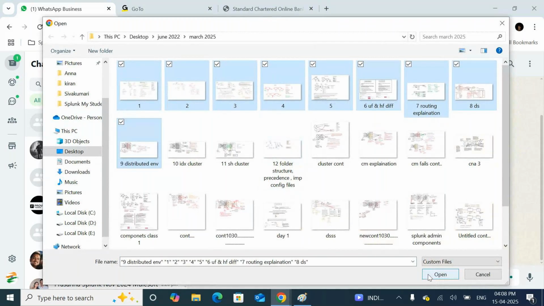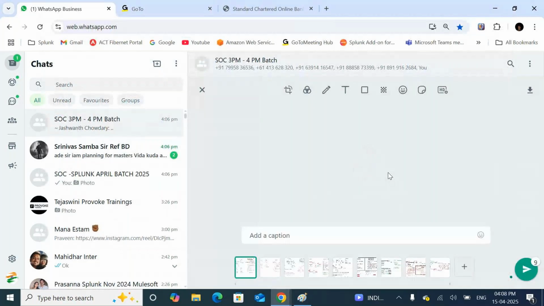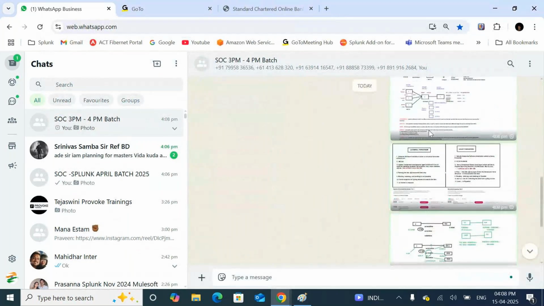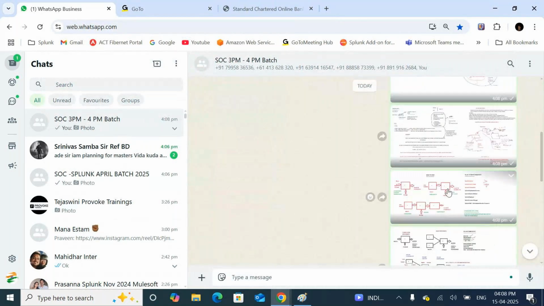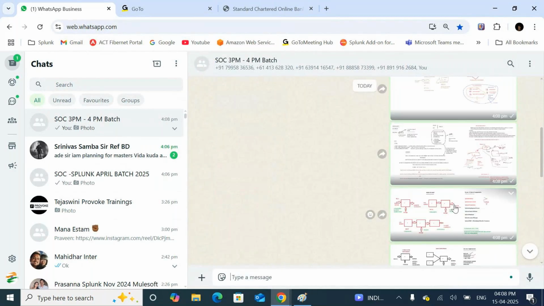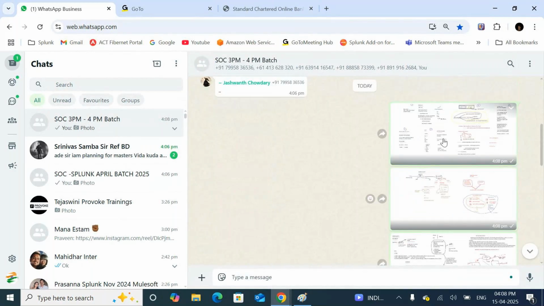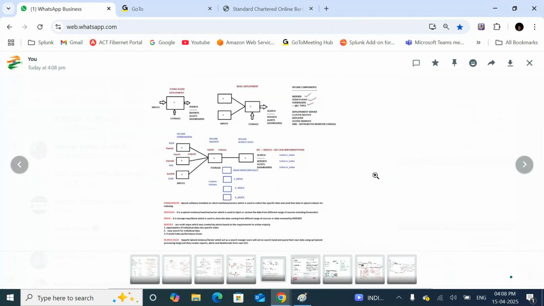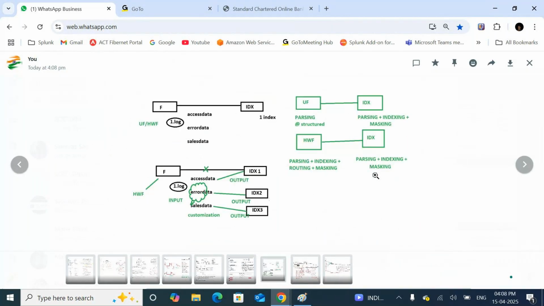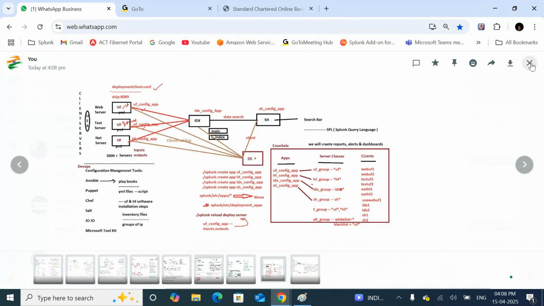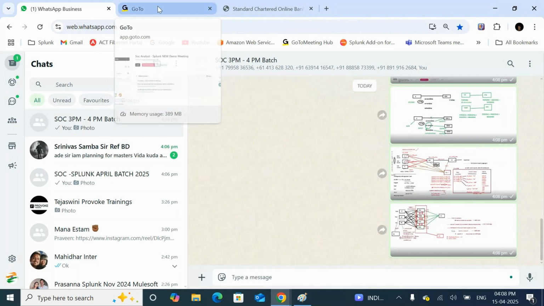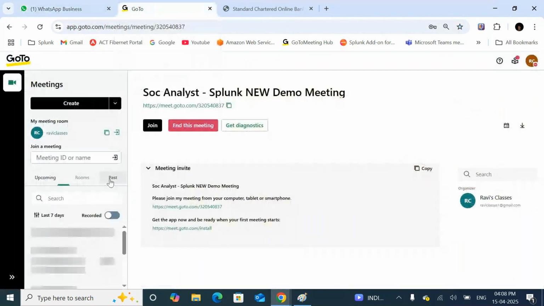Up to today's class, we have just been sending the images. In the images itself, you have the definitions and everything. If you want other documents also, I will share them. As of now, I just shared the images. Understand? Yes, sir. Sir, 10th class link, sir. Okay, one second. We have a group now. We will share everything in that group.